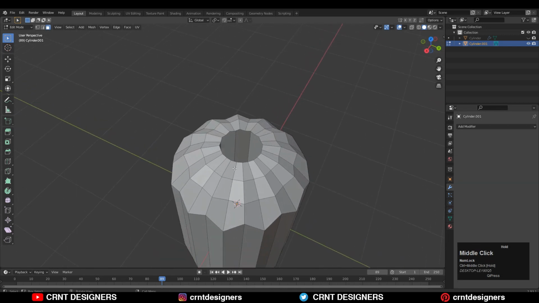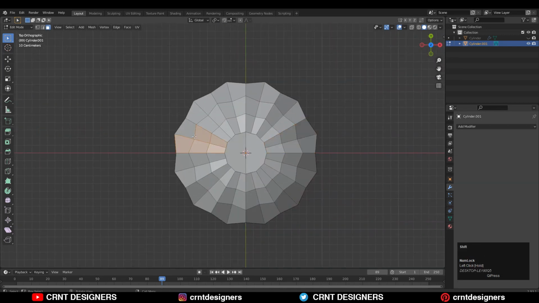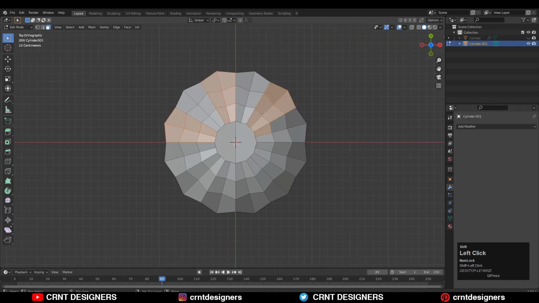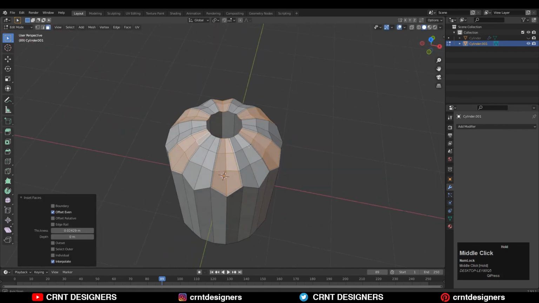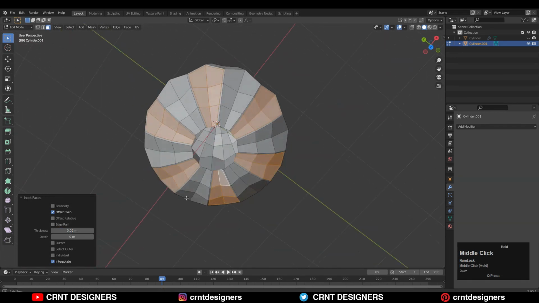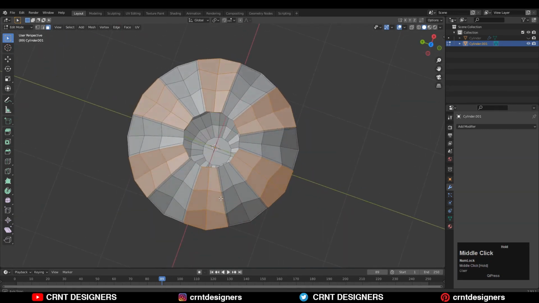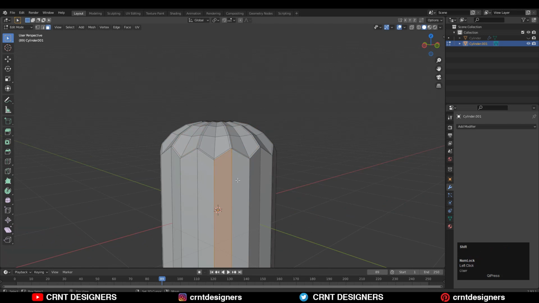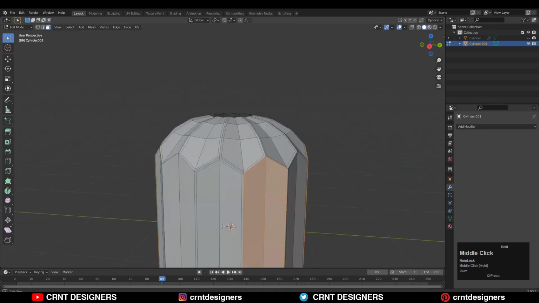And now we need to use the insert operation here. So just select these faces like this. You need to select these faces with the shift select and in the alternate manner. So just select the faces like this and then you need to use the insert operation. So press I for the insert operation and press B to avoid the border. And one thing important that you need to give the same factor, same thickness amount for the insert operation. So here also you need to do the same step. Select the faces and use the insert operation.